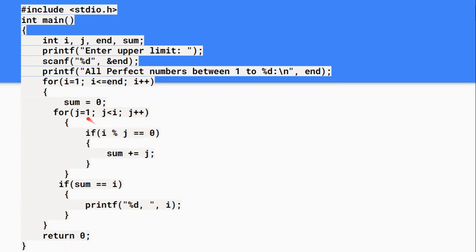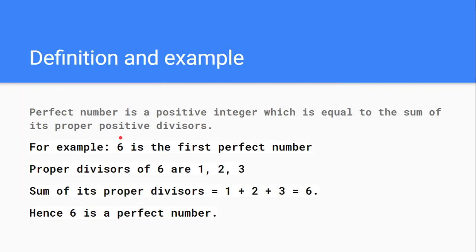That means if you divide a number i with some other number j and that j leaves a 0 remainder, if the remainder is 0, it means j is a perfect divisor. So it is checking for a number i modulo j. If that number leaves 0 as the remainder, then j is the perfect divisor. So we have to add the perfect divisors, as we did for the previous example: 1, then 2 and 3.